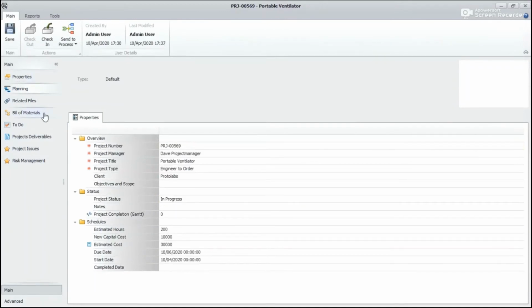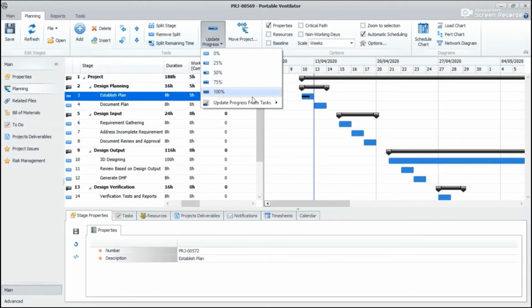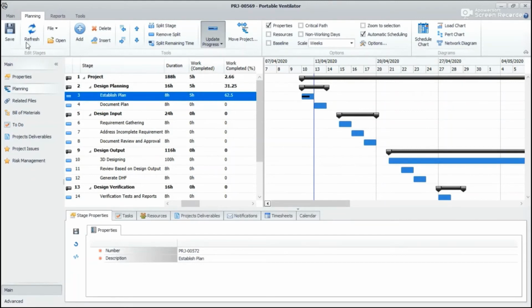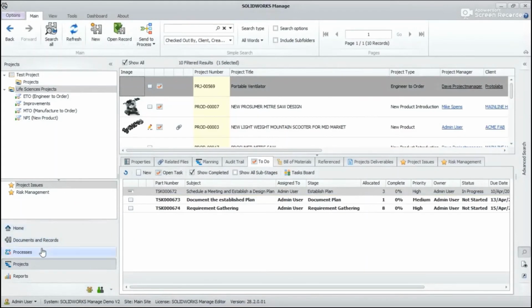In order to edit this, we need to check out the project, go to this planning phase, and now we will enter the time taken against the duration allocated. So we will enter 5 years, click on save and update the progress. We will save this, check in, and we are done. After every phase or stage of the project, this project planning tab needs to be updated. Now we'll get into the design part of the project.